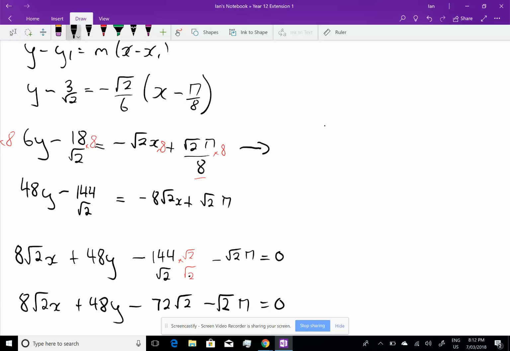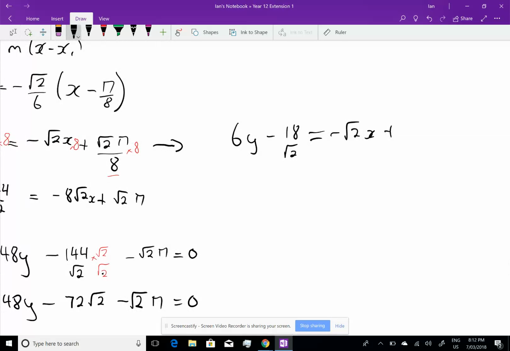I would have taken this statement. Watch this. 6y minus 18 on root 2 equals minus root 2x plus root 2 pi on 8. I would have multiplied everything by this root 2. I would have got rid of that. So multiplied by root 2, multiplied by root 2, multiplied by root 2, multiplied by root 2. And I would have got